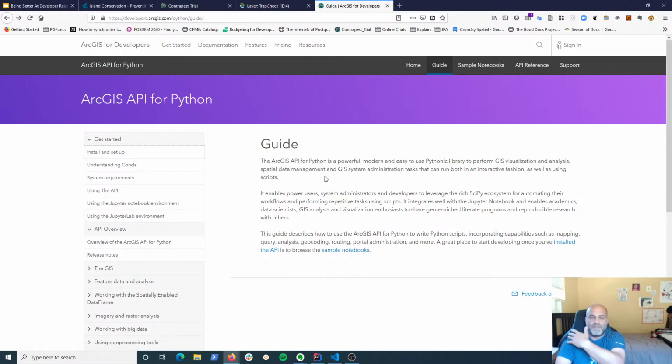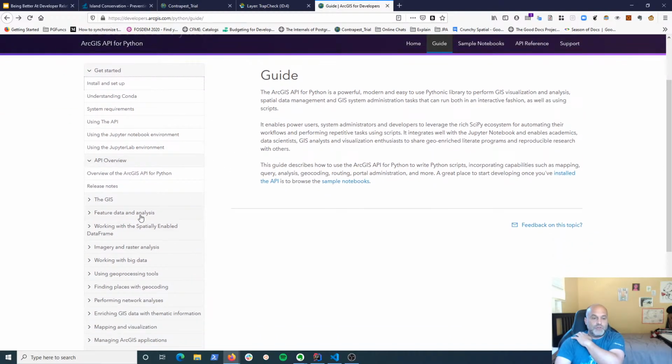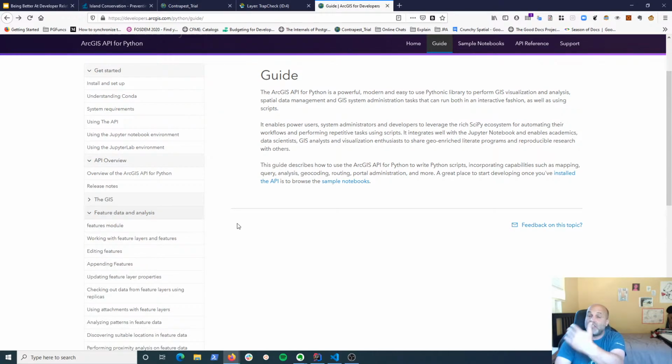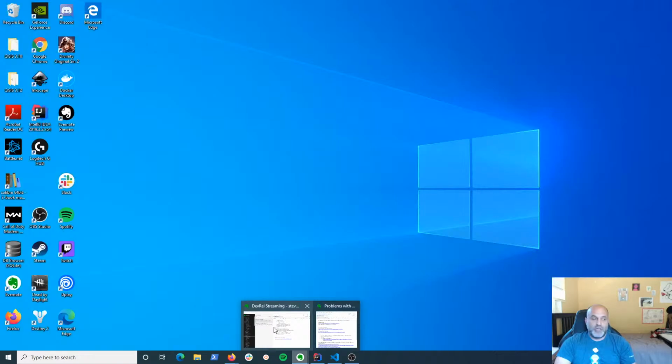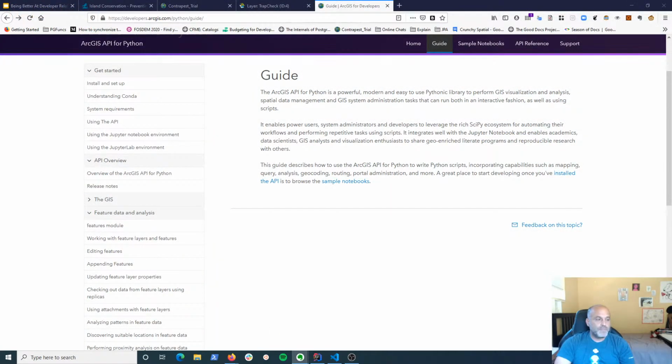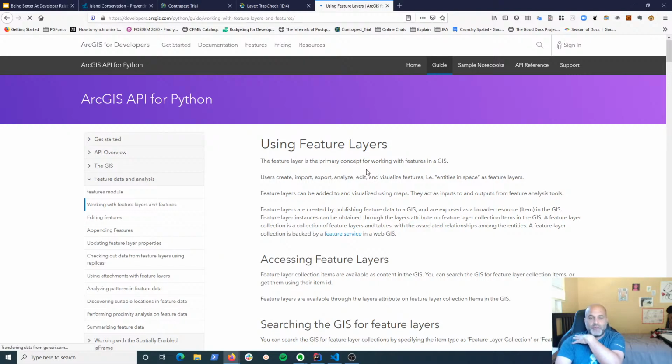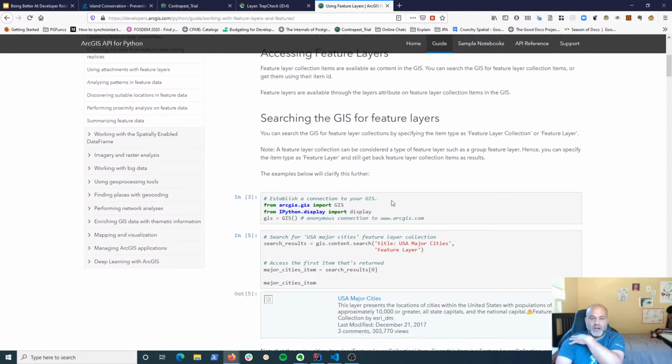Oh, that's not enough for me. All right. I actually want to do feature data and analysis, I guess, is what I want to do. So I start clicking around, guessing at what I want to do. And so this is where I think they run into their biggest problem. I am coming looking for a specific data set, right? And almost all the examples, so I go, okay, working with features and layers, I see that stuff there.